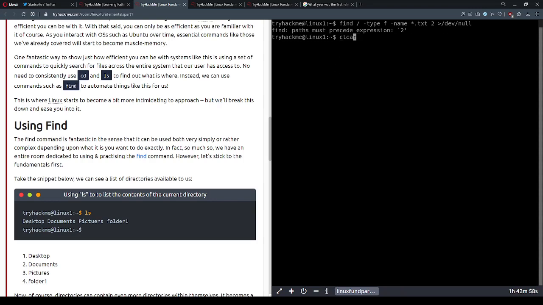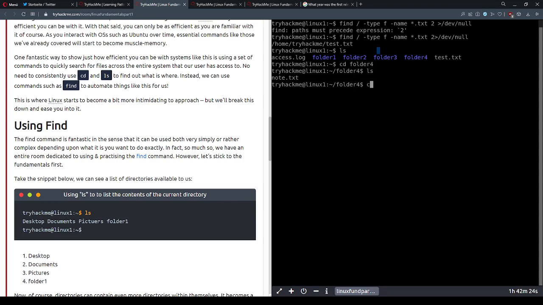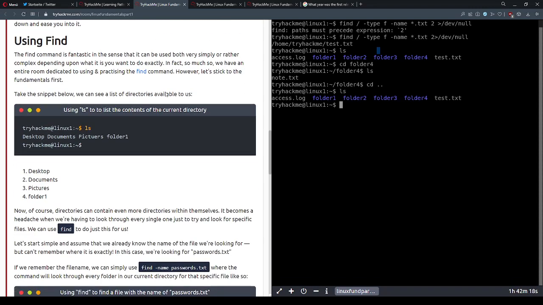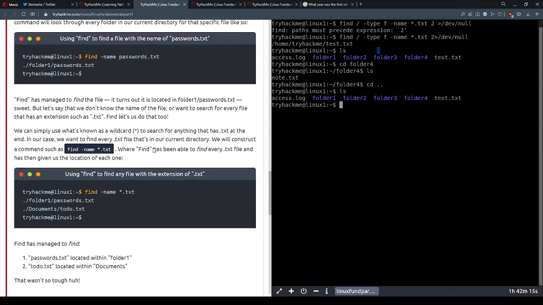So, and I did something wrong. Yep, I see what. My bad. We need to do this. This will take a bit, but after that you might need to find it. Yep, home tryhackme test.txt. Alright, it should have found 2 files. I guess that's strange. Let me take a look at this. Did I do something wrong? Nope, it's just strange. Okay, and so this is practically what is explained here,